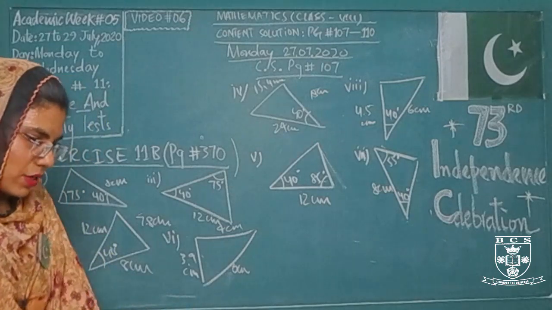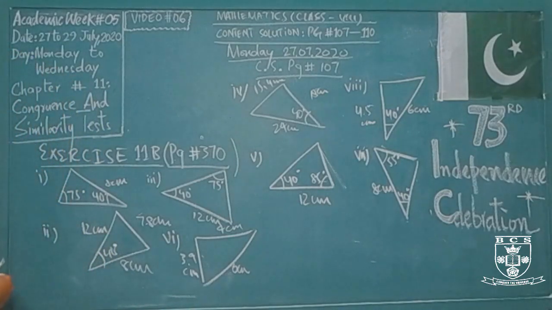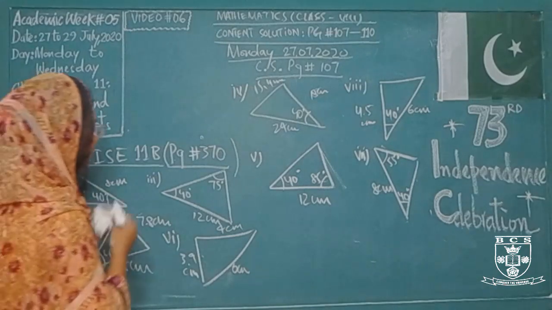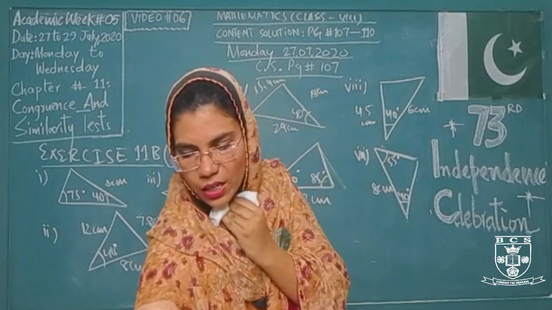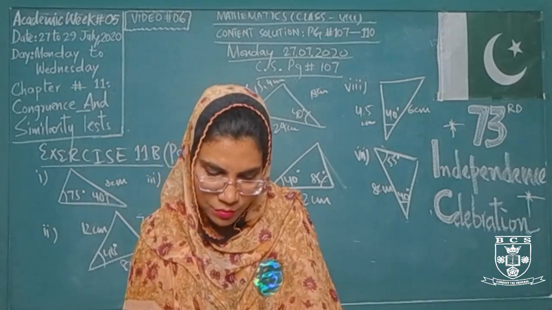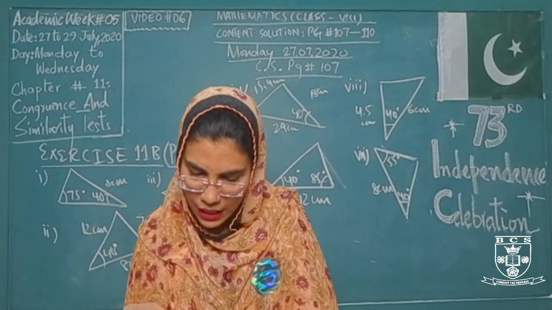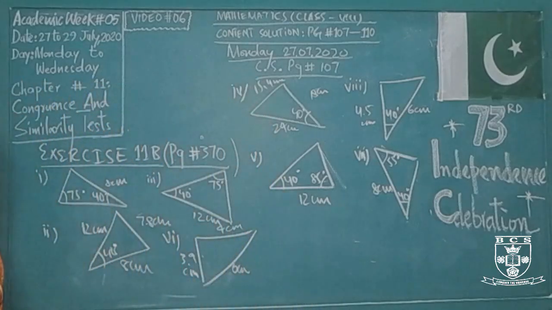Okay, so we have different angles and different sides for these particular triangles. These are a total of 8 triangles and I have drawn them on the board for making the pairs of similar triangles. Now I am explaining how they are similar to each other and which type of similarity test they are showing, or proving by their similar sides.